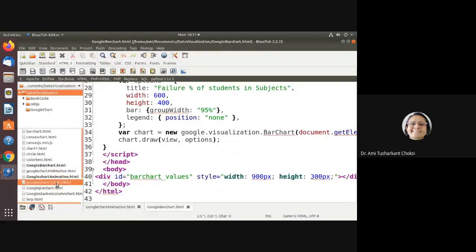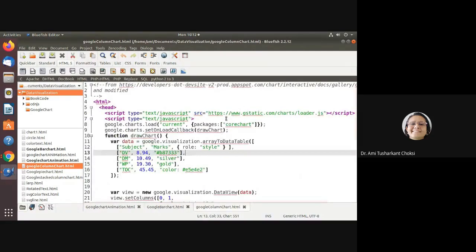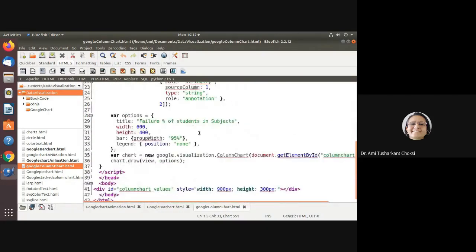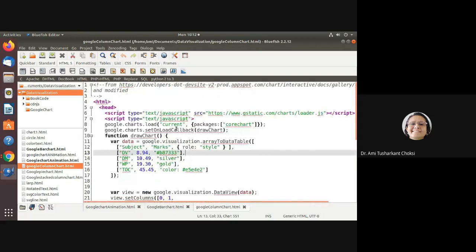Column chart, yeah, here it is. So what is there in that? What difference is there? Is it the same as what we have done for a bar chart? Let me show you that, so you yourself can identify the difference, right?